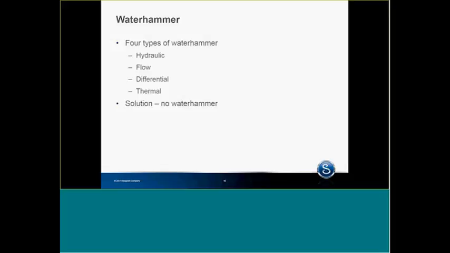So the thing about water hammer, it can take piping, elbows out, crack valves. The list goes on. And my only comment with water hammer is, if you hear it, go out and make corrections. You should not have water hammer. It's a very, very serious safety issue. And so no water hammer.